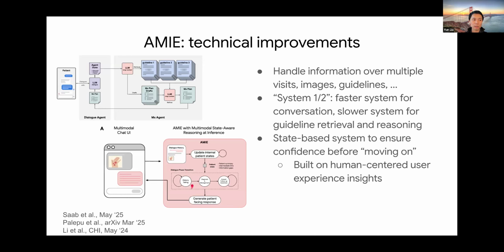This is similar to a state-based system. We can think about it in a simplified way. It's a state where you're taking the history initially, figuring out a diagnosis, and later on you're conveying information and answering questions from the patient. So here, what we did was to explicitly build that into the system, such that the system was only moving on to the next step after it's certain enough. And what this does is it helps you make the agent behave in a much more well-structured way by design. I would say that there are some downsides to doing this.